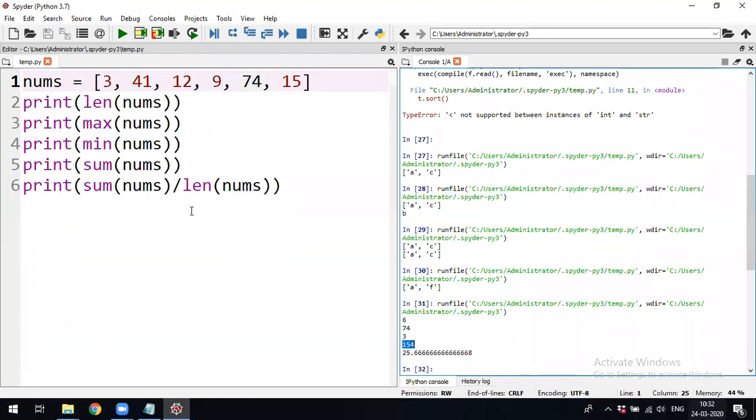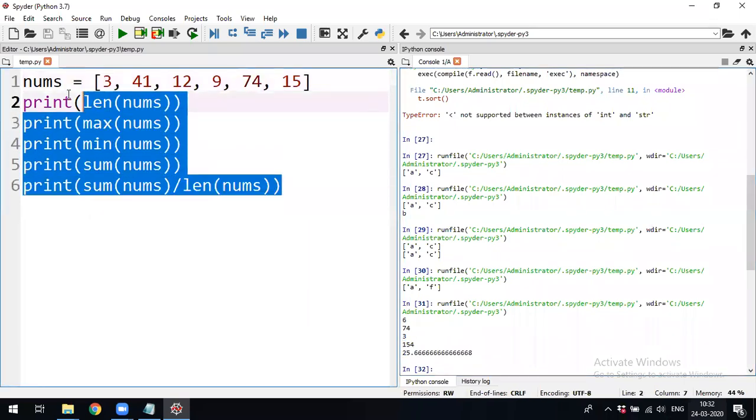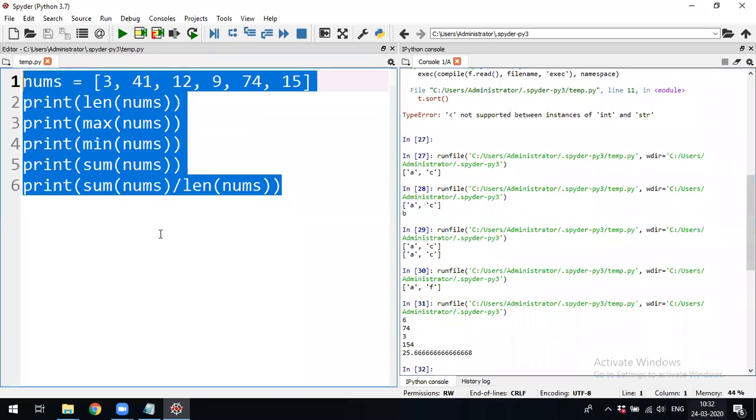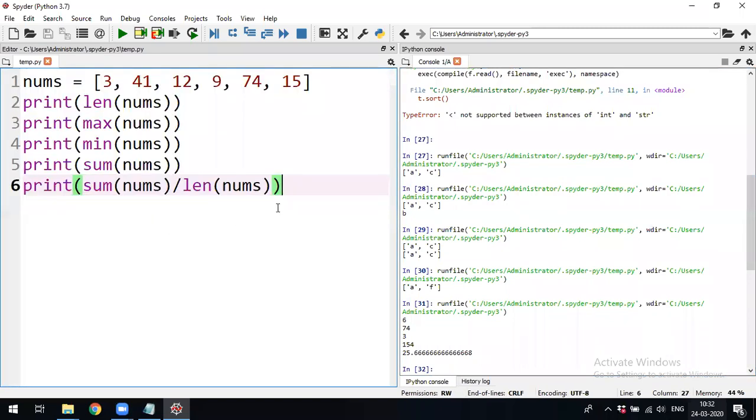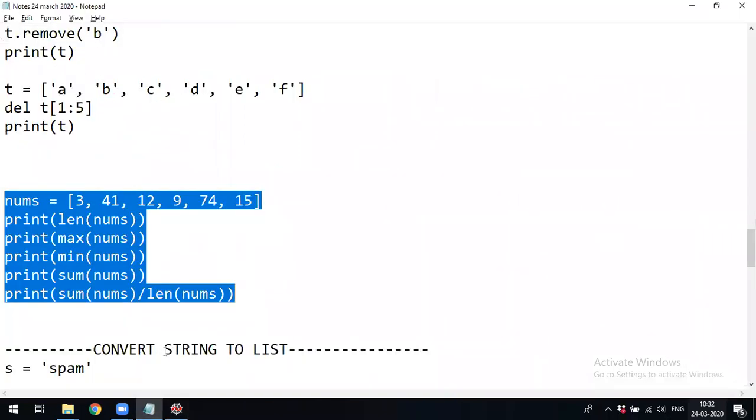If you want the average, it is the sum of all elements divided by the length. These are also commonly used operations. If you develop applications, normally we use these functions. Next, converting a string to a list, we will discuss in the next class.